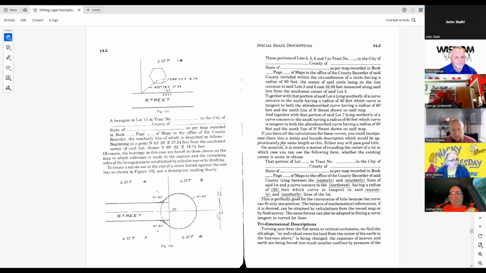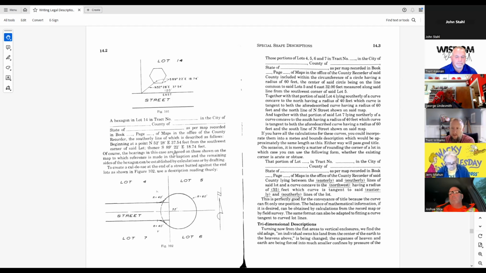Okay. Well, to the point there in the first paragraph is find a basis of bearings, and you can describe some sort of mathematical figure or shape, if you will, a geographical and geometric shape, and I guess that could be a tract if it needed to be, but the likelihood of us having to run into it is low.